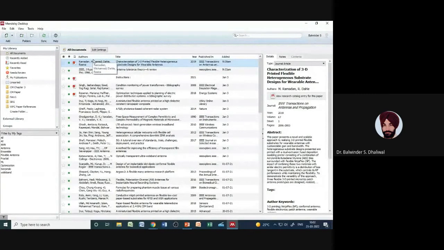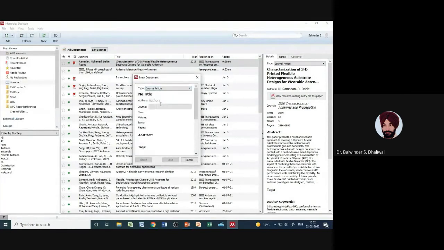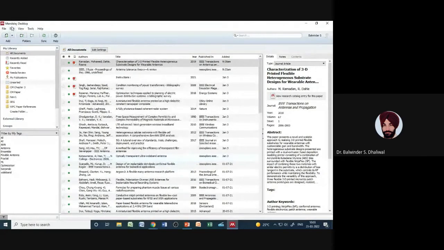But if the document is not available, then also we can enter these features manually. So we can select the type of article, title, authors, all those features can be added, and then we'll have one particular entry, but that entry will not be having the full text, full paper at the back end. But that entry, that reference, can be used for citation as well as for generating a reference list. So this is the meaning of adding entries